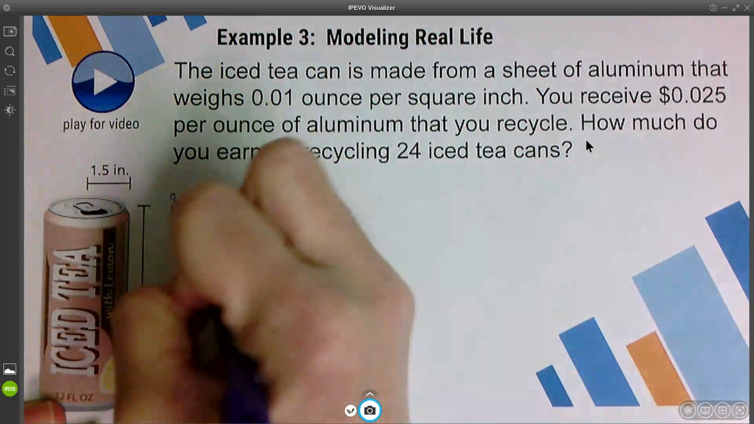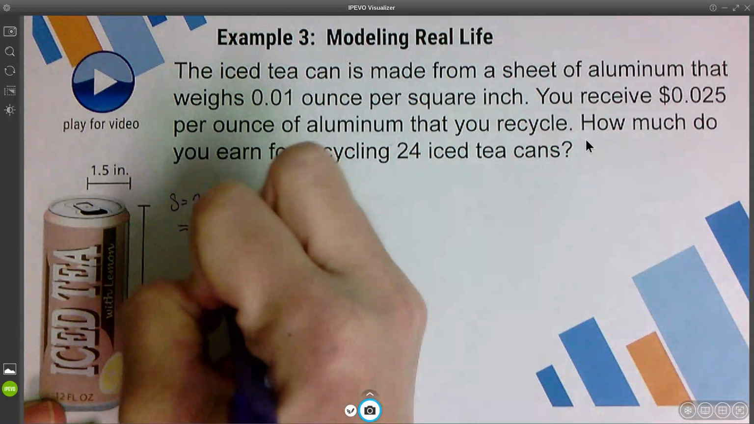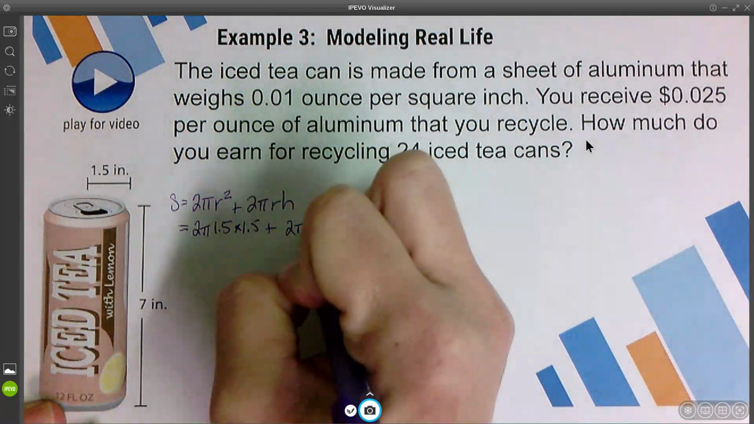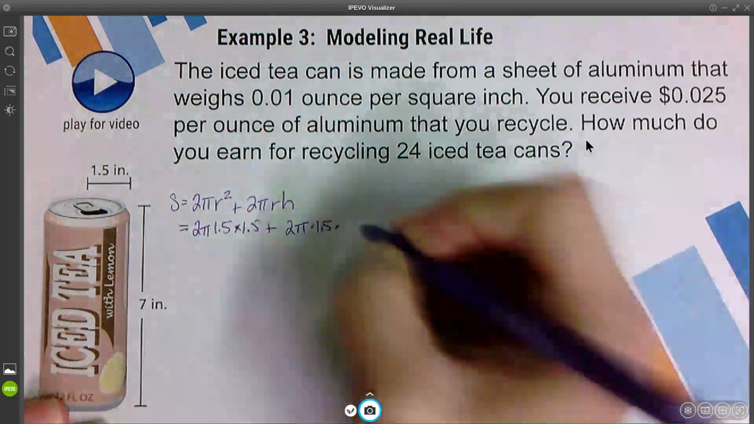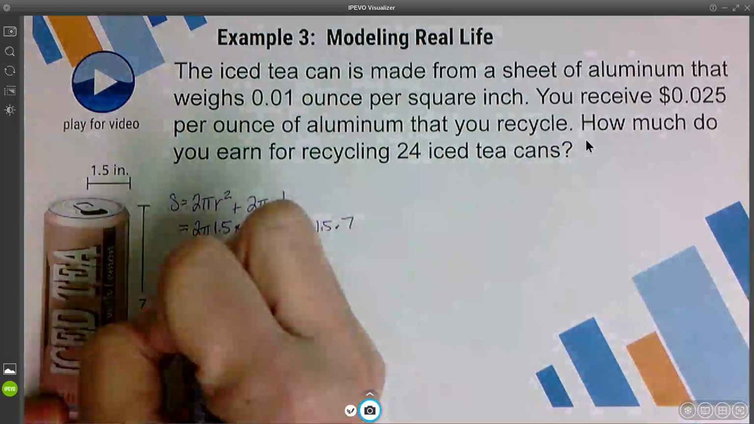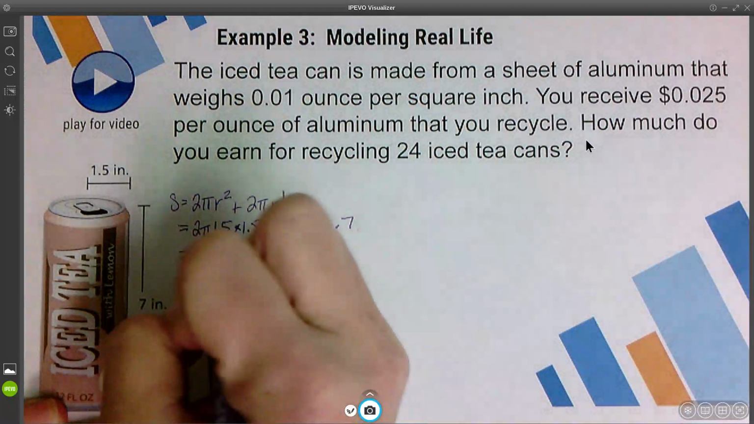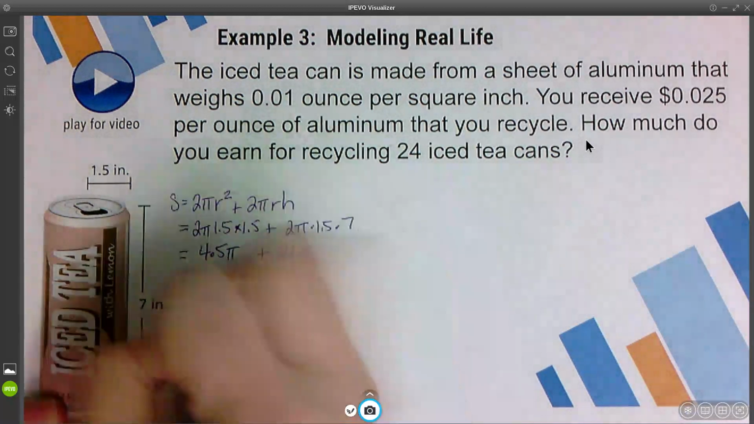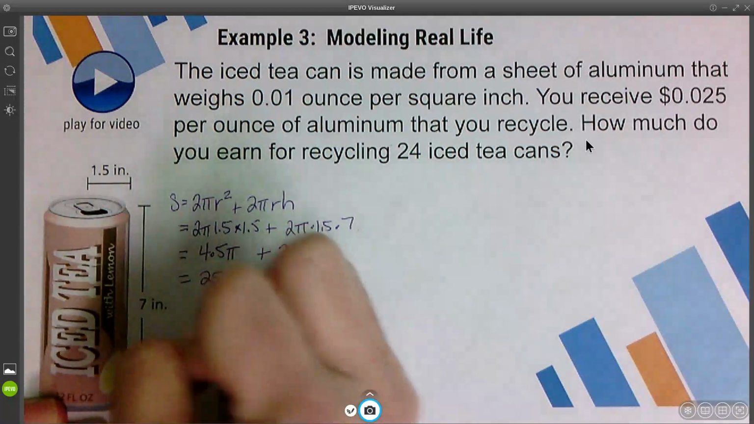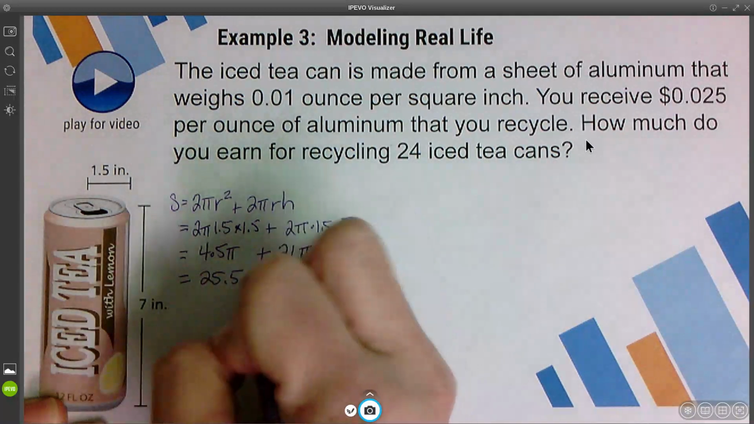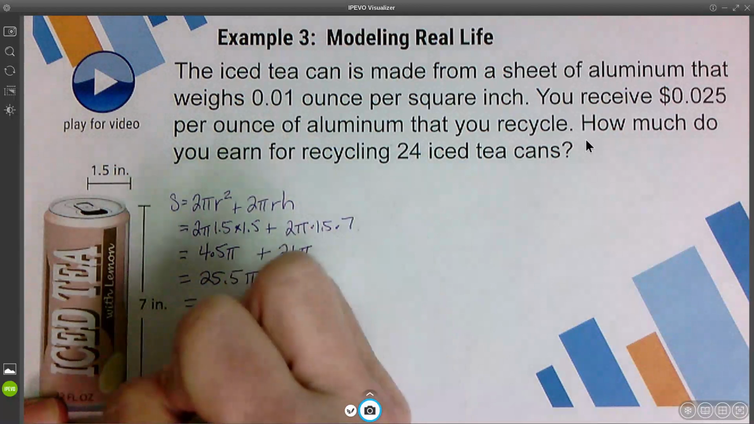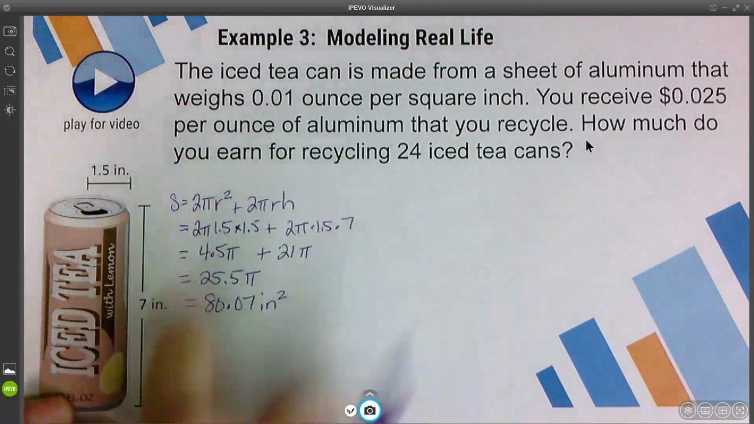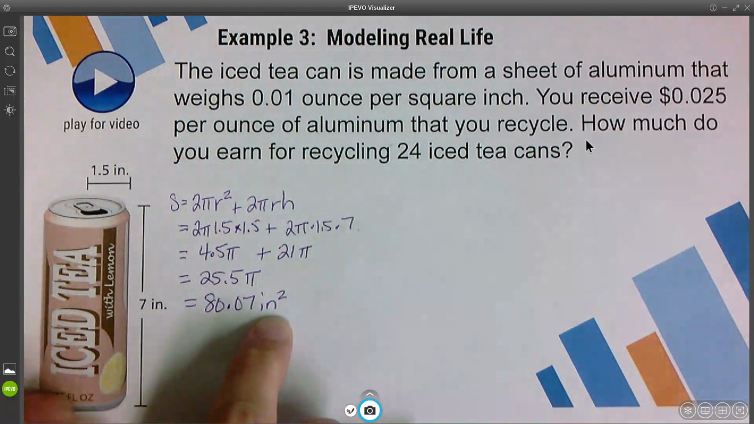I like to leave pi until the end, so I'm going to just plug everything else in here, times my height of 7 inches. When I multiply all this out, I get 4.5 pi plus 21 pi. Combine my pi terms and I end up with 25.5 pi. And when I multiply that out, I get just over 80 inches squared. So it would be 80.07 inches squared for